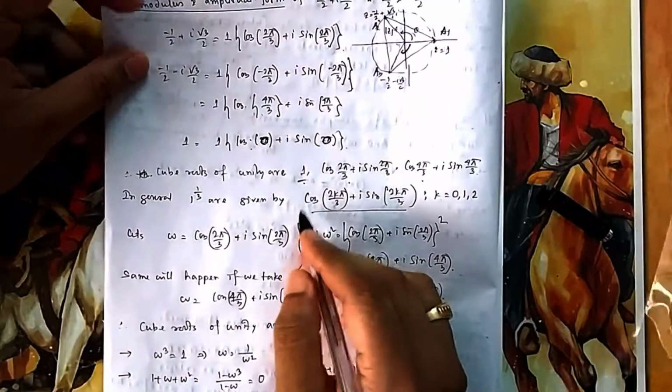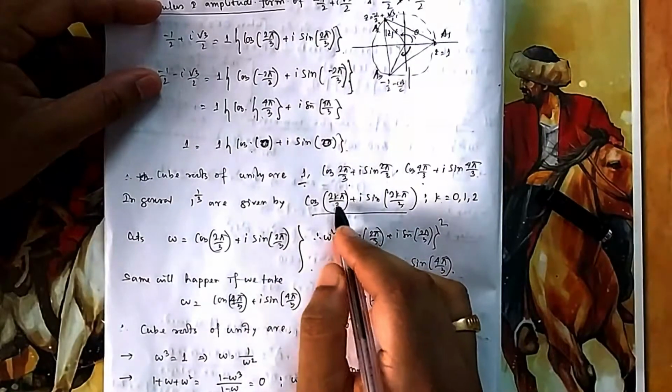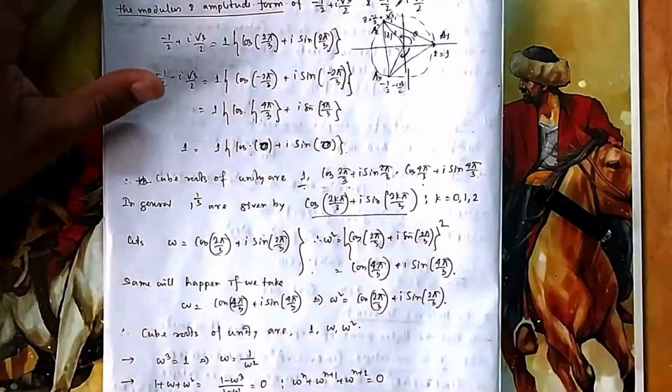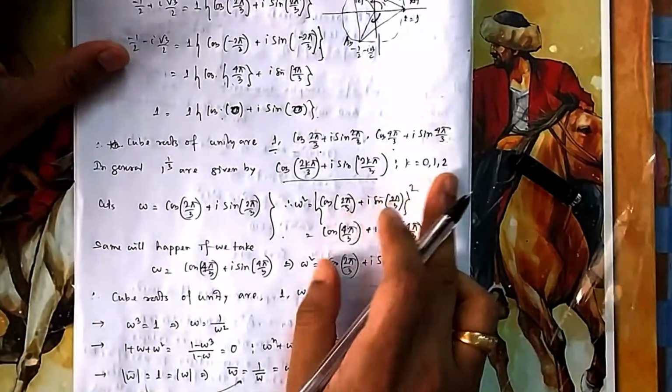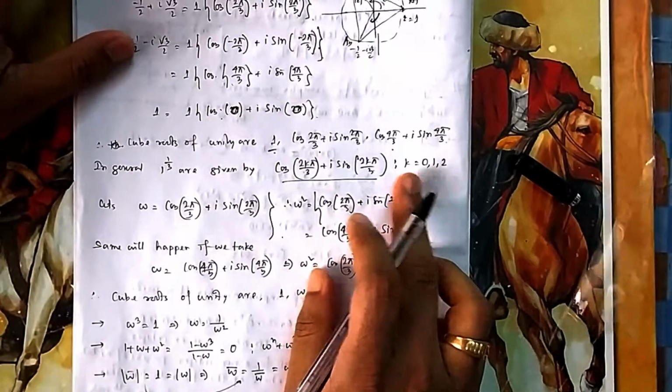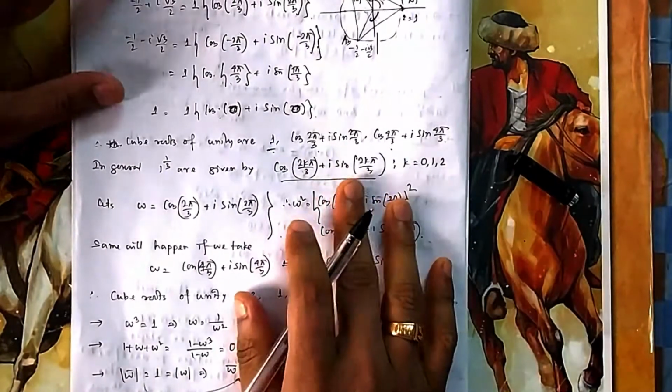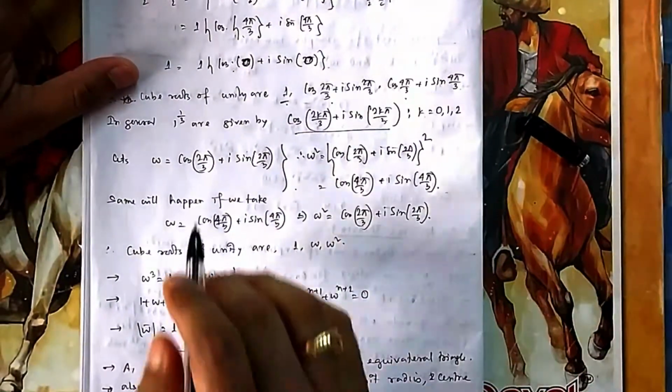Actually, you can think of this as to the power 1 by 3, that's why it is dividing by 3. But it is for the general version. With some k generalization, like you have seen in the general solution of trigonometry, some k should be there. So you change the values of k one by one and you will get it. For now, remember this one; we will see it in detail in nth root.